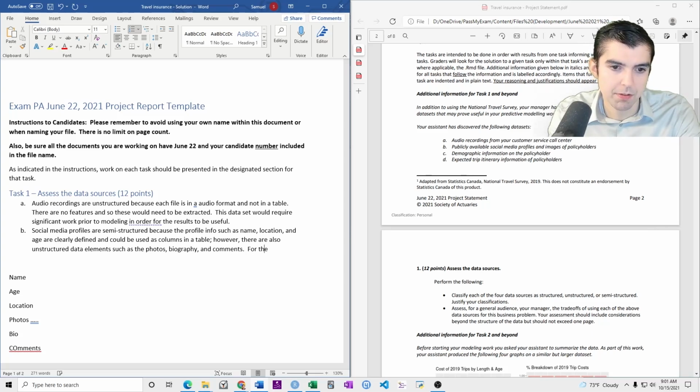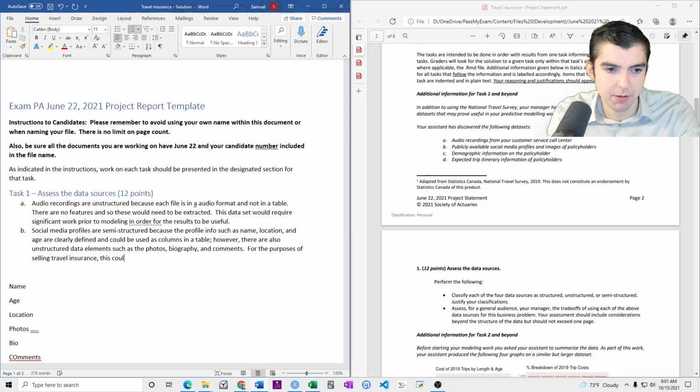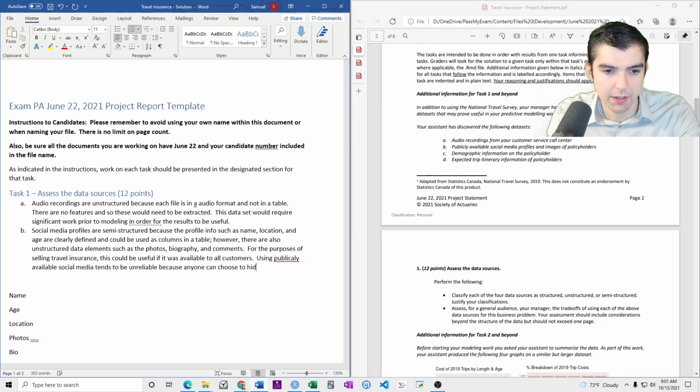So for the purpose of selling travel insurance, this data could be useful if it was available to all customers. Using publicly available media, it tends to be unreliable because anyone can choose to hide their information.